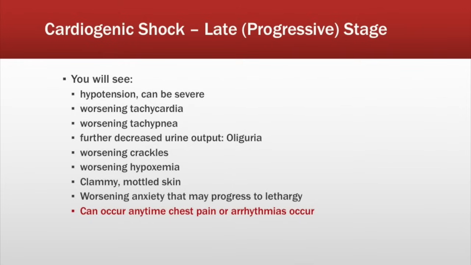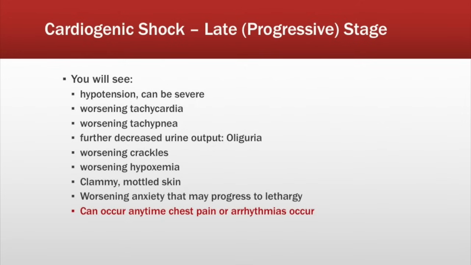So this can occur at any time chest pain or arrhythmias occur. You can have a patient that's A-OK, and all of a sudden they have chest pain and arrhythmia, and then an hour later they're in cardiogenic shock because that cardiac output is affected, stroke volume could be affected, that sort of thing. So you need to assess and maintain assessments for cardiogenic shock when you have a patient that has chest pain